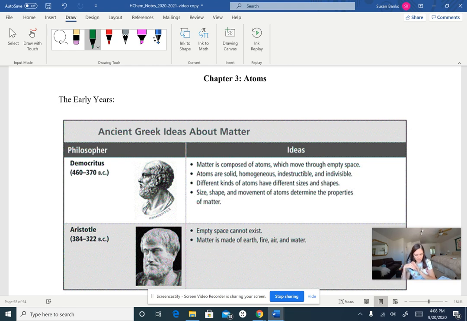His idea of matter is that matter was composed of atoms which move through empty space. So we have atoms and empty space. Now, he used the word atomos, which in Greek means uncuttable. So his ideas of atoms were essentially a thought experiment. So let's think about this. If I had an apple